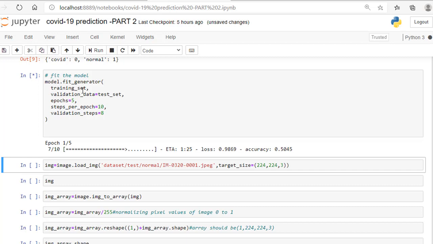Here you understood, right? Here I have given steps per epoch as 10. So once I complete 10 steps, that means I have completed one epoch.